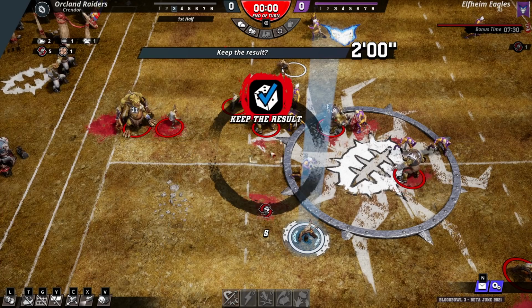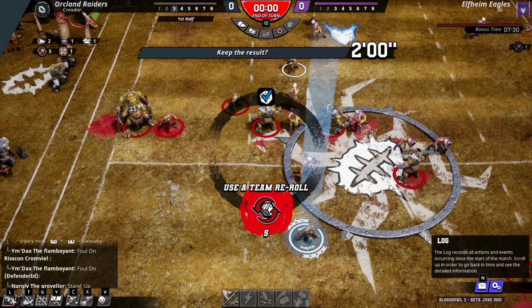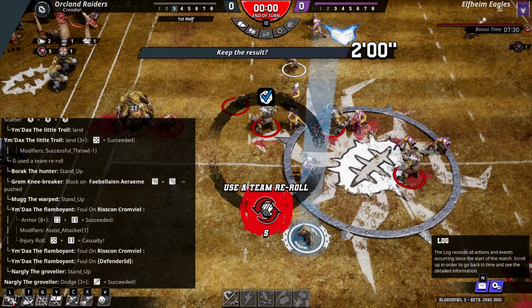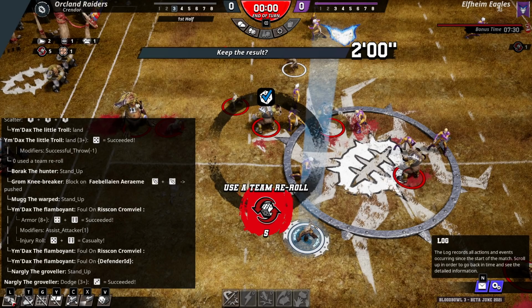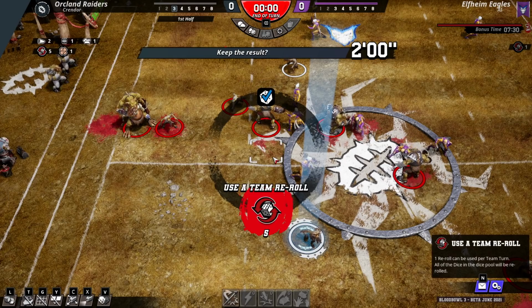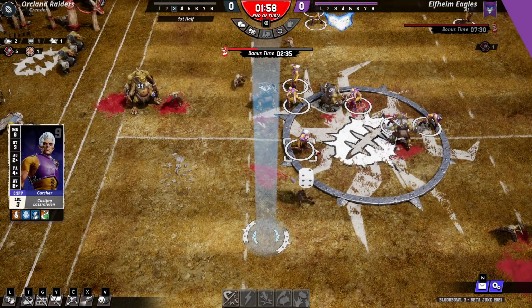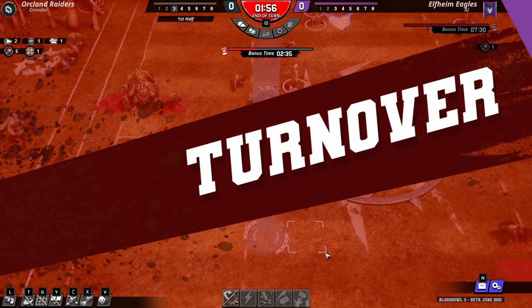Okay, 3. Reroll. So I imagine... Again, like, did I roll bad? No. Wait, what? So I'm picking up the ball, but... Oh, that was the dodge roll. But what's my pickup roll? Like, I'm losing my mind, dude. They got reroll? No. So it was a...